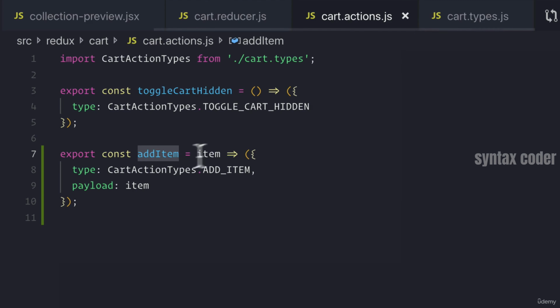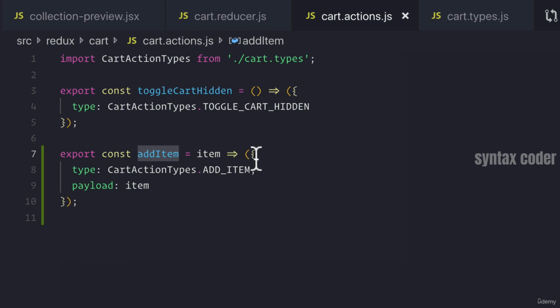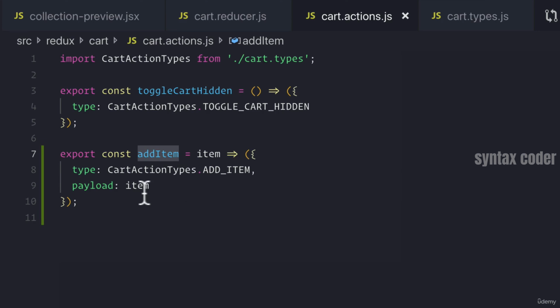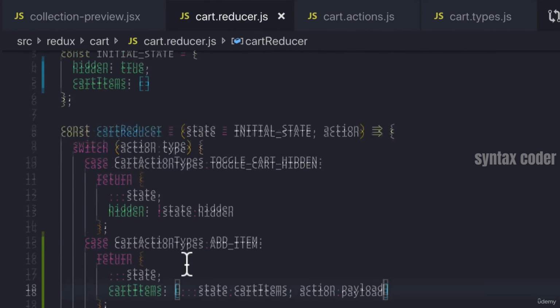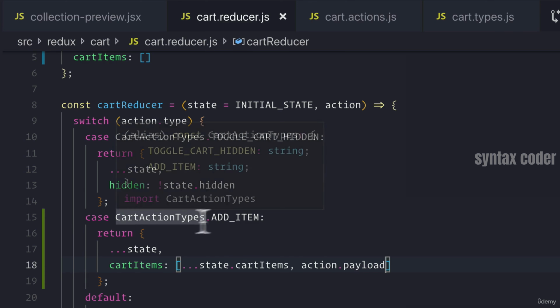Next, we define the actual action itself, which is our add item, which is a function that gets the item and generates this new action with the action type of add item that we just made, passing the item in as the payload, which our reducer then has to listen for with the new case for that new action type